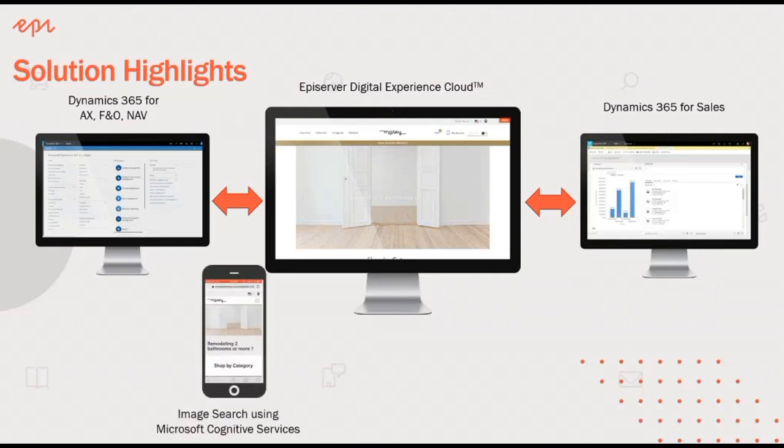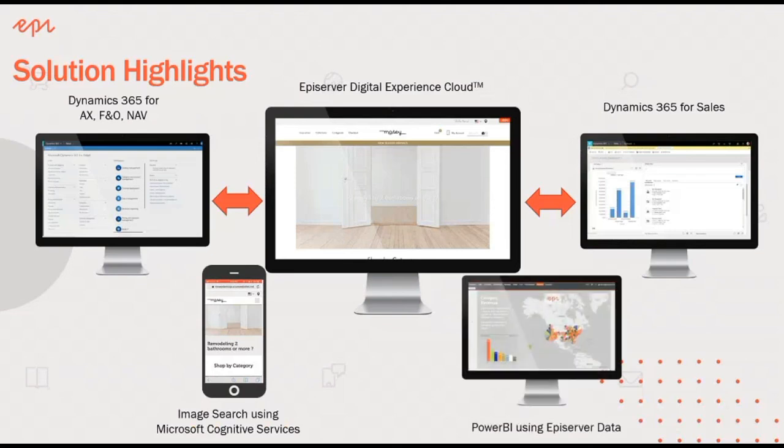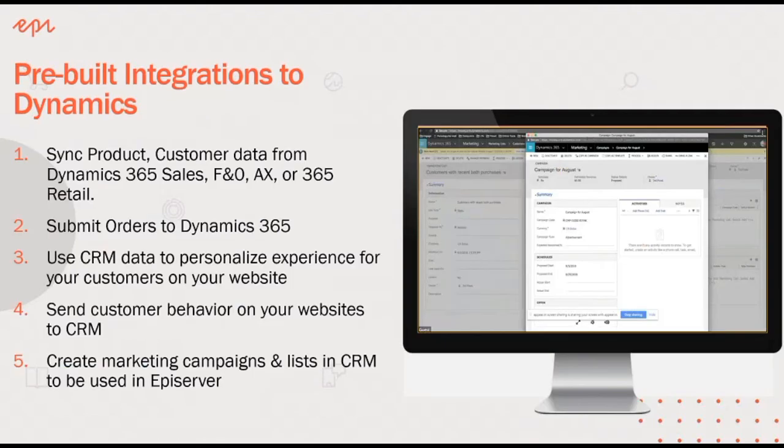We also tap into other Microsoft technologies like cognitive services to provide customers who are using your websites to do image search, to take a picture of a product and pull back what products are in your catalog that match that image. And we also export data out of our customer data platform and mix in with CRM and ERP data in Power BI. So like I said, there are a whole host of different integrations that we have to